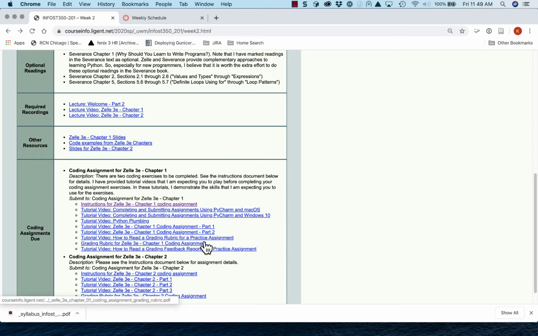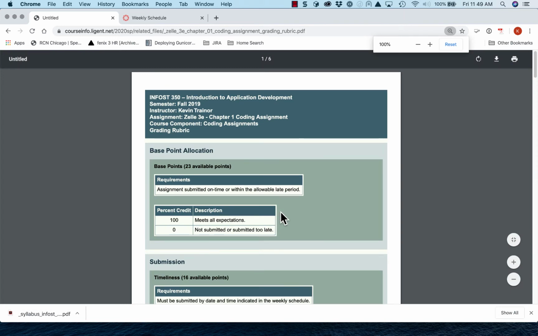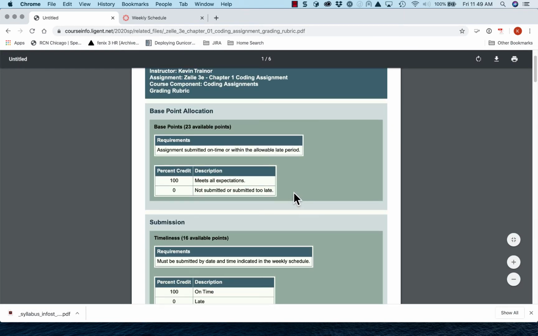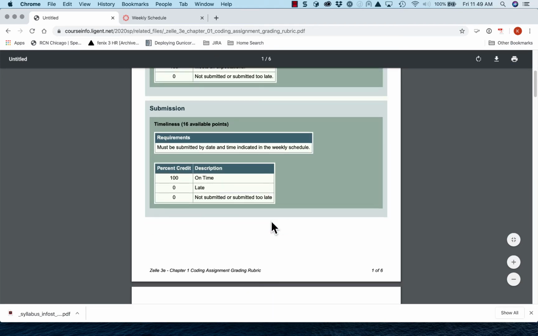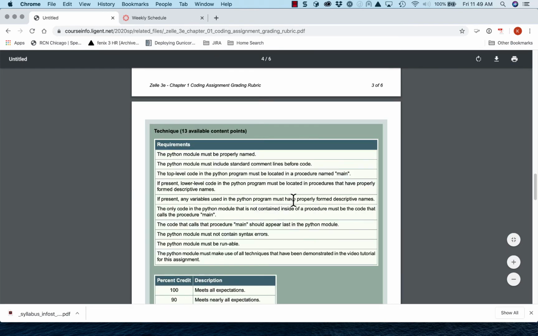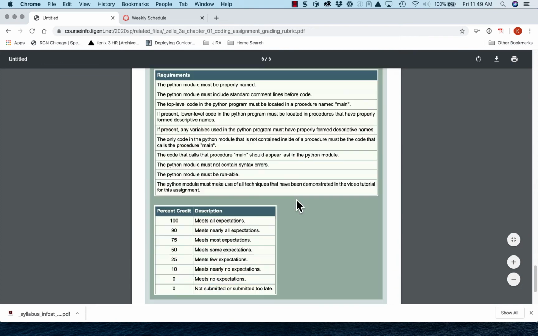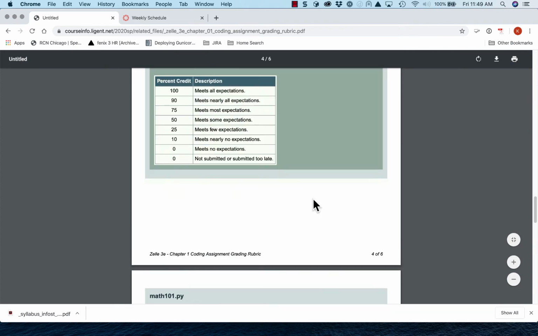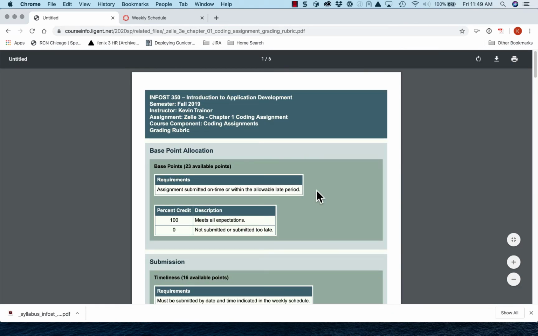We have a grading rubric for each assignment. So we're going to show that. This shows the points that you get for these things, and what I'm looking for. Now, I want to tell you that there's a deal that I have for